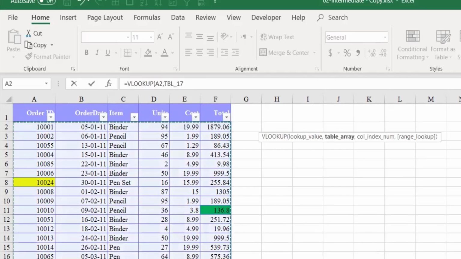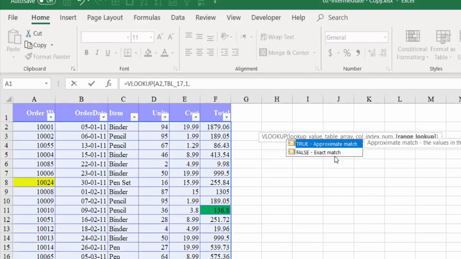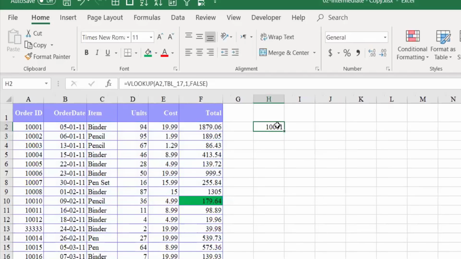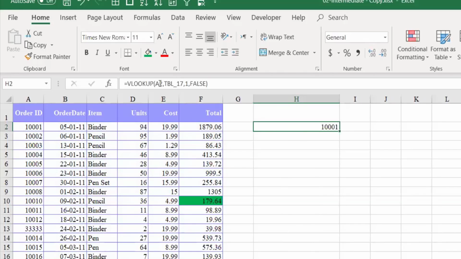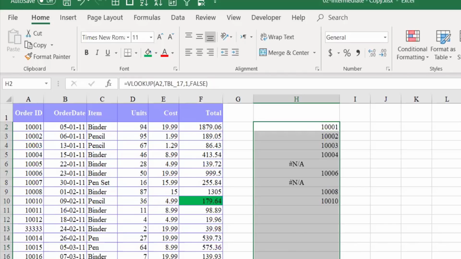And again, when you press comma here, I'll say column index, this is 1, and this is false, exact match. But this is where I said, if you convert it as a table, it is easy for you because it is recognizing this as a table. So otherwise, it would have been the sheet reference. So again, the same formula here, and it will return the same result.